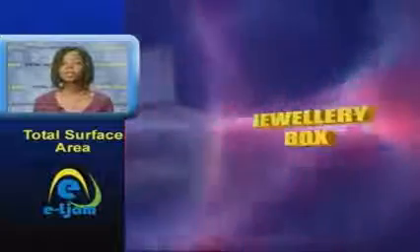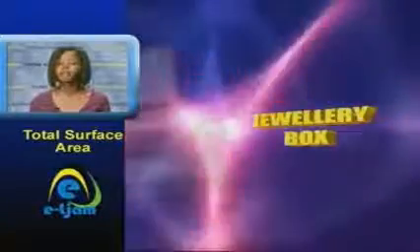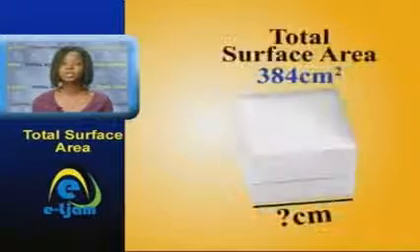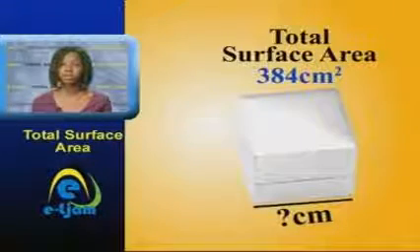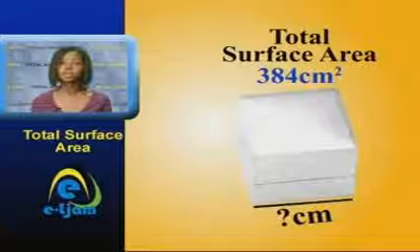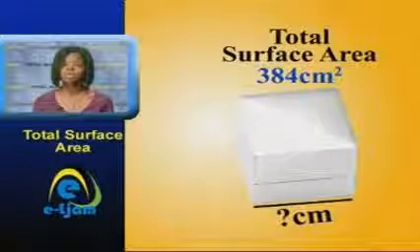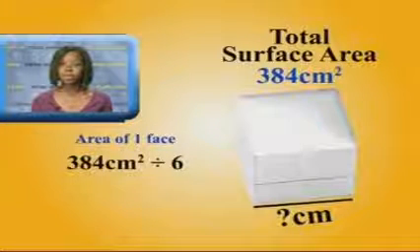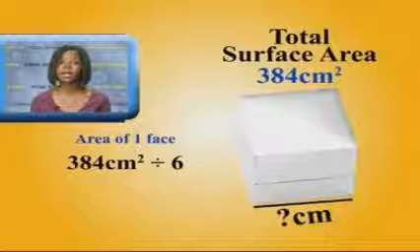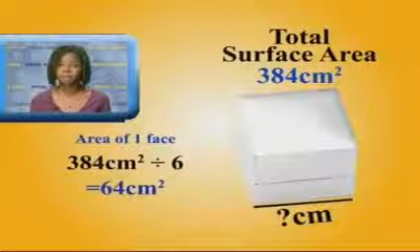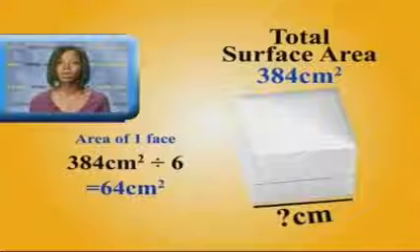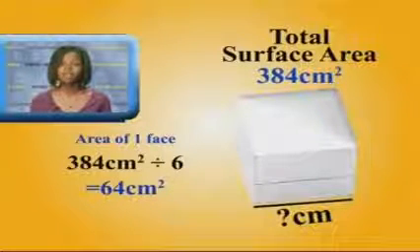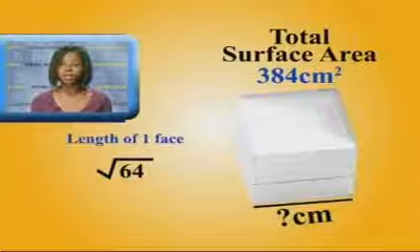Suppose we already know the total surface area, but need to find the length of one edge. For instance, the area of a jewelry box is 384 centimeters squared. This jewelry box is in the shape of a cube. What is the length of an edge? Since there are 6 equal faces, we first divide the total surface area by 6 to get 64 centimeters squared, giving us the area of one square face. Then, to find the length of an edge, we find the square root of 64,